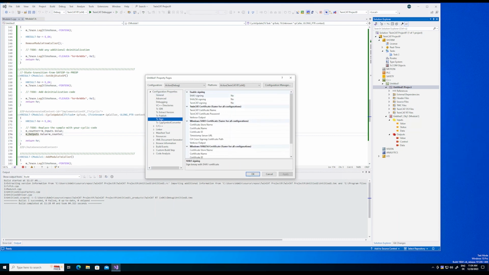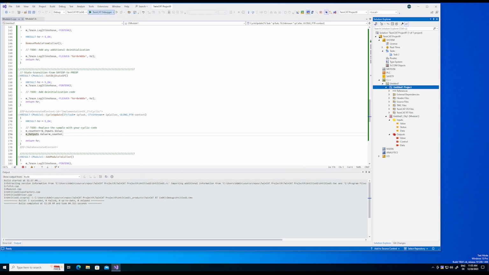More important, it's a DC signing setup we need to take care about, because a C++ module which is about to be executed is executed in kernel mode, so you need to sign it before it gets loaded. So we are providing a TwinCAT signing, and now we are providing a certificate name and a password. If we don't have such a TwinCAT certificate and a password, you could simply generate that within TwinCAT, at least